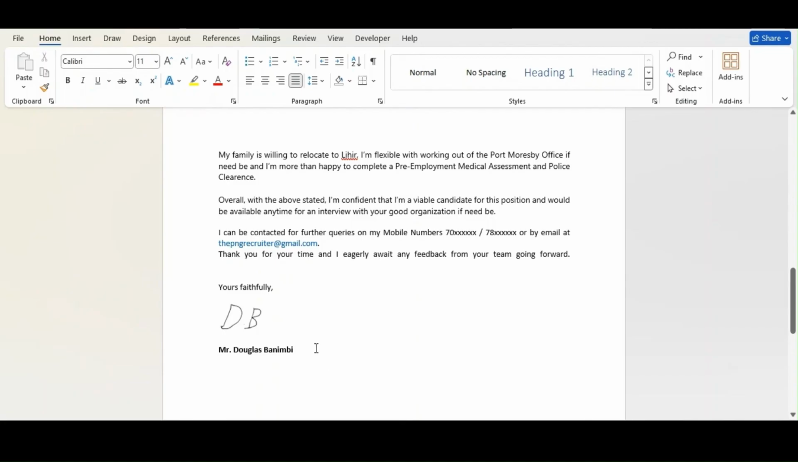Yours sincerely, I believe, is for when you're sending a letter to somebody that you know personally, but for business cases like this, on most occasions, if you do not know who you are applying or sending this letter to personally, then you're better off using yours faithfully. Okay, so put it like so, and let's move on to